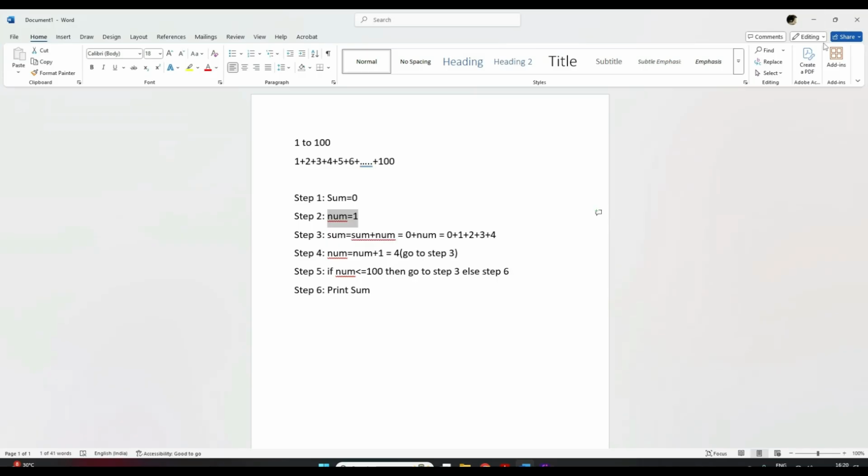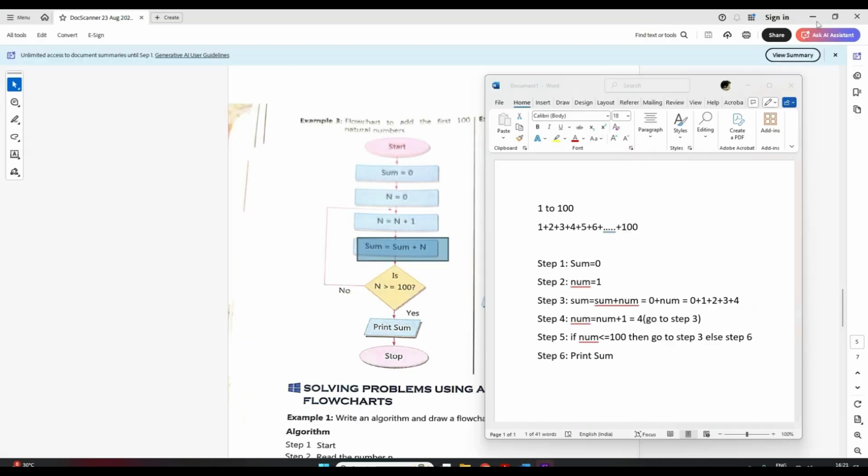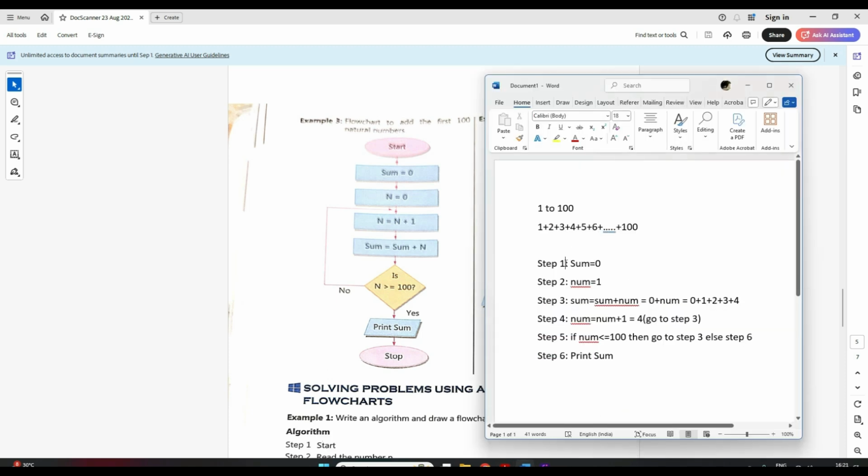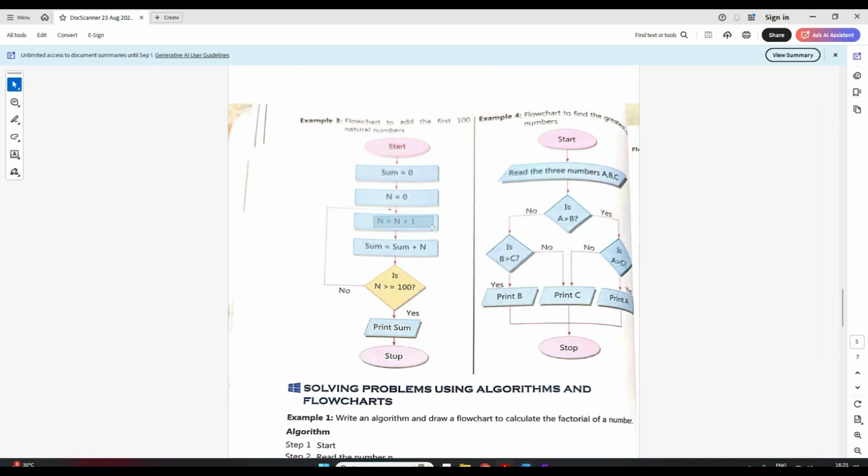Why? Because they are doing the addition first and then they are doing the sum. See, I'll just put this on. Wait. Yeah. Now see here, side by side I just kept so that you can verify. See here, sum 0. Num I took 1, not 0. Why? Because I am doing this addition after the summation, right? But they are doing the addition first. So here in this step, their n is becoming 1 only, right? Correct? n will become 1 here, 0 plus 1, 1, right?